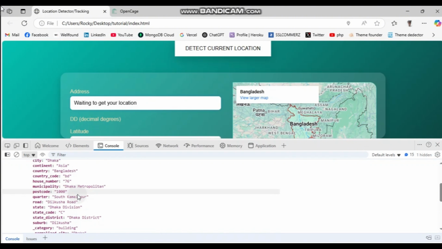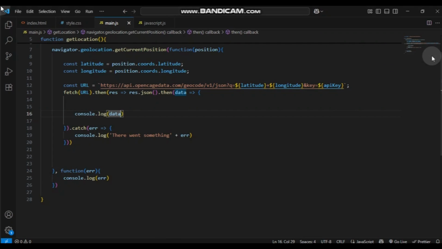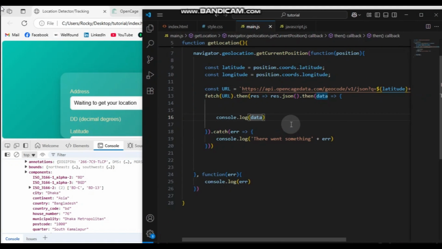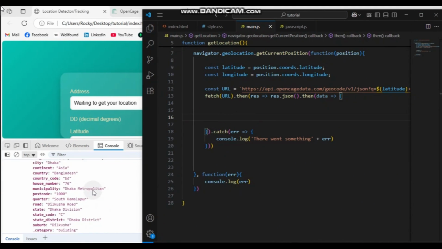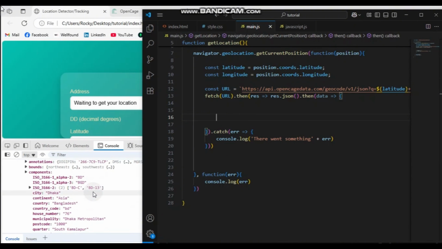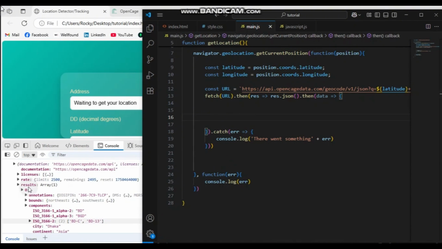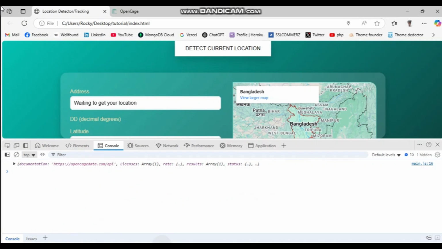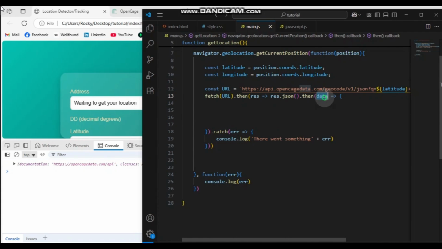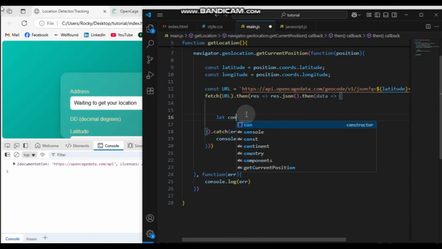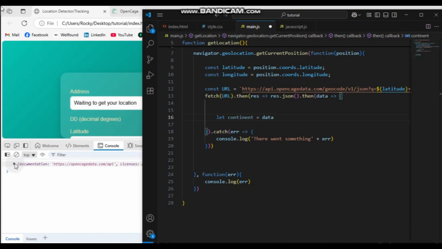For that we will start coding in JavaScript. Again, just remove this, and first of all we're going to take the continent. But before that, let me close this, and first copy this data, and let's take a variable. I'm giving this variable the name continent, because we will take the continent first of all. So data, and from this data we